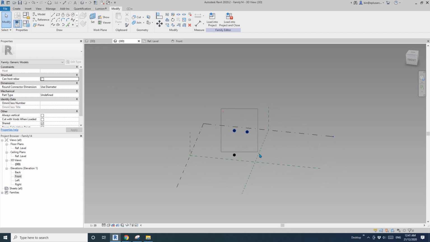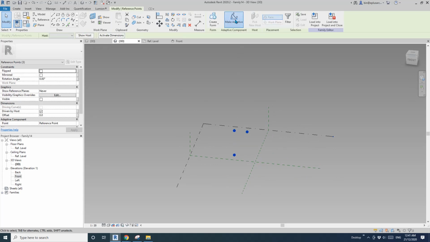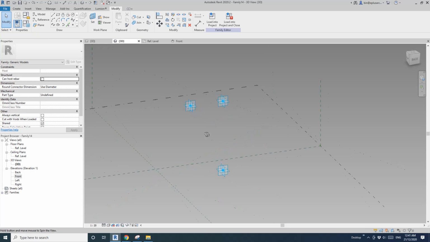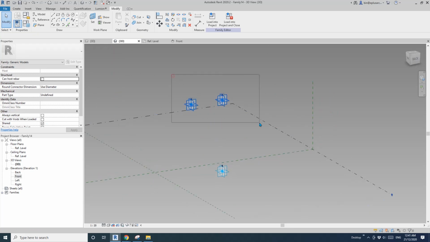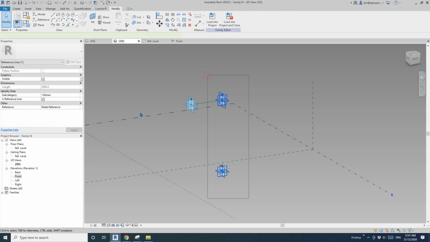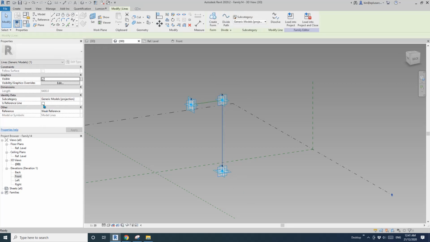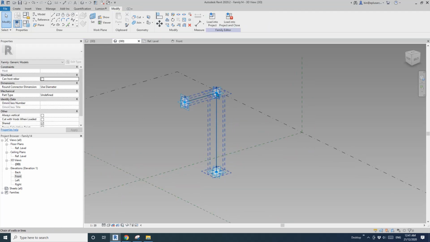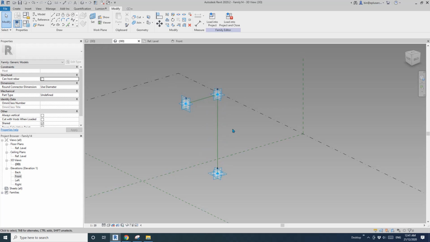Okay, so I'll select these 3 points, make adaptive. So that'll be 1, 2, 3. Okay, good. Now select 1, 2, and 3, spline, reference line, point 1, 2, spline, reference line. Okay, so now this will be the path of the column and the beam, and we're going to need